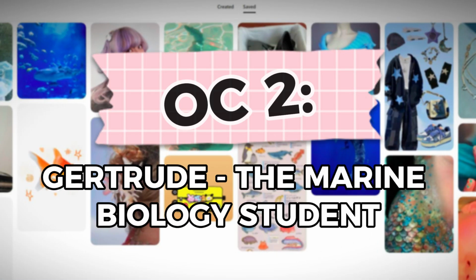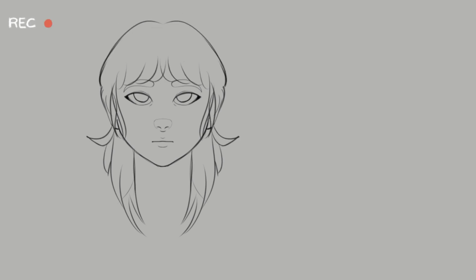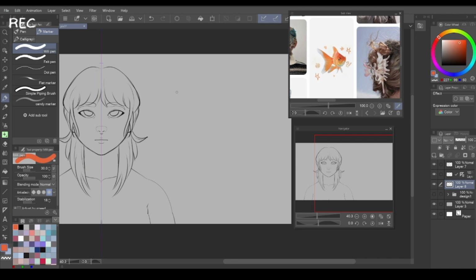OC number 2. Gertrude, the marine biology student. Designing this second character was definitely much easier, because the moment I collected those images, I already knew what I wanted her to look like. I wanted her to be this cute, slightly bigger girl with soft eyes and gorgeous red hair.